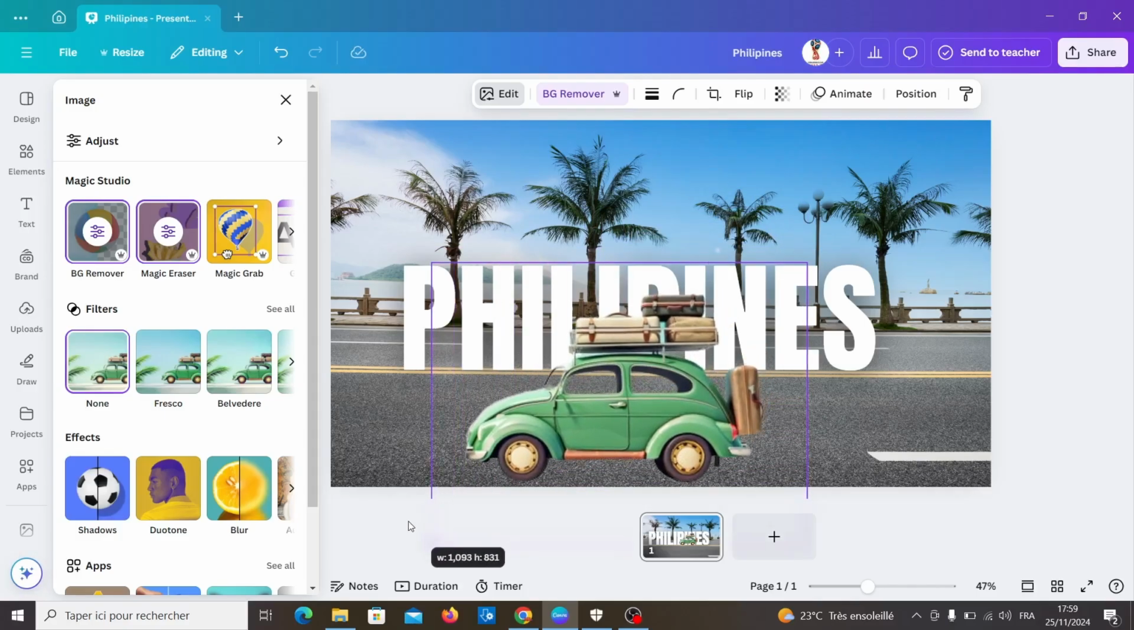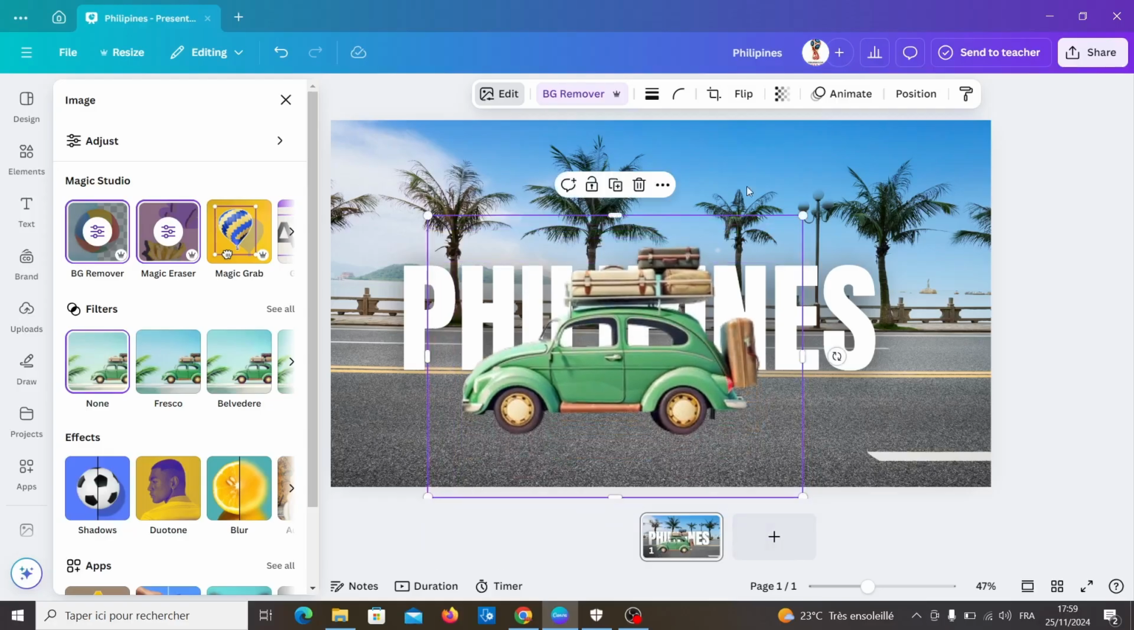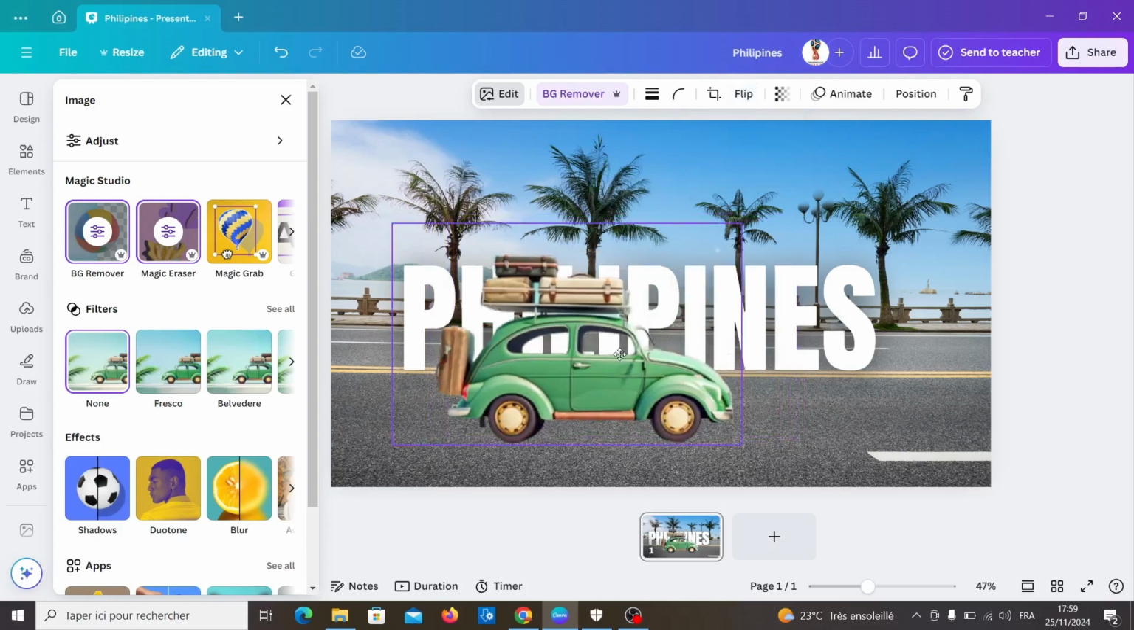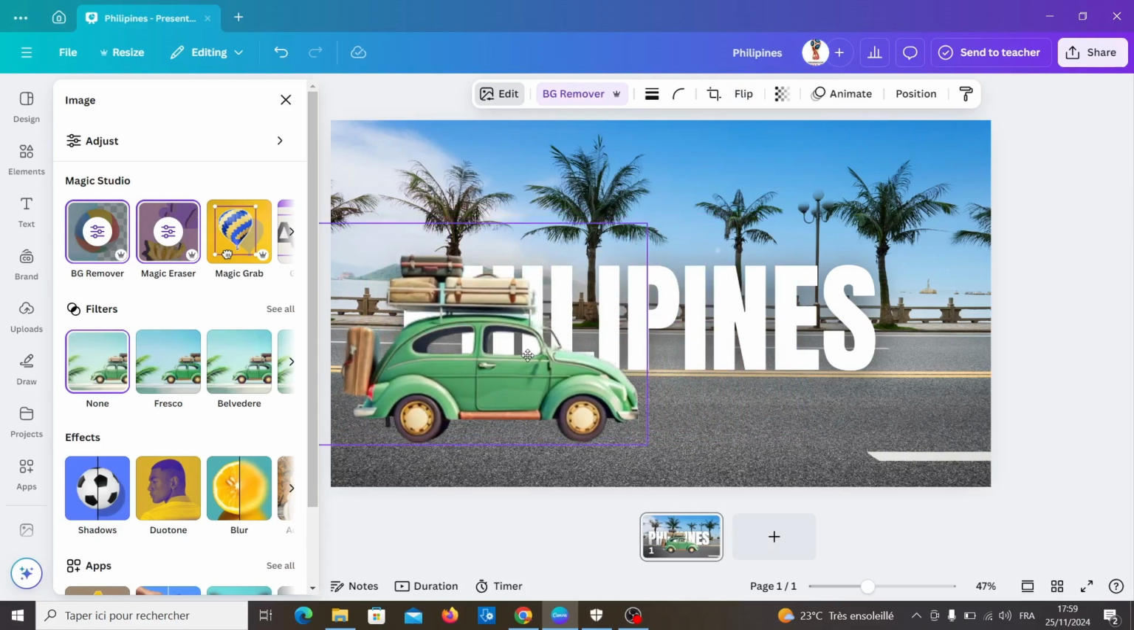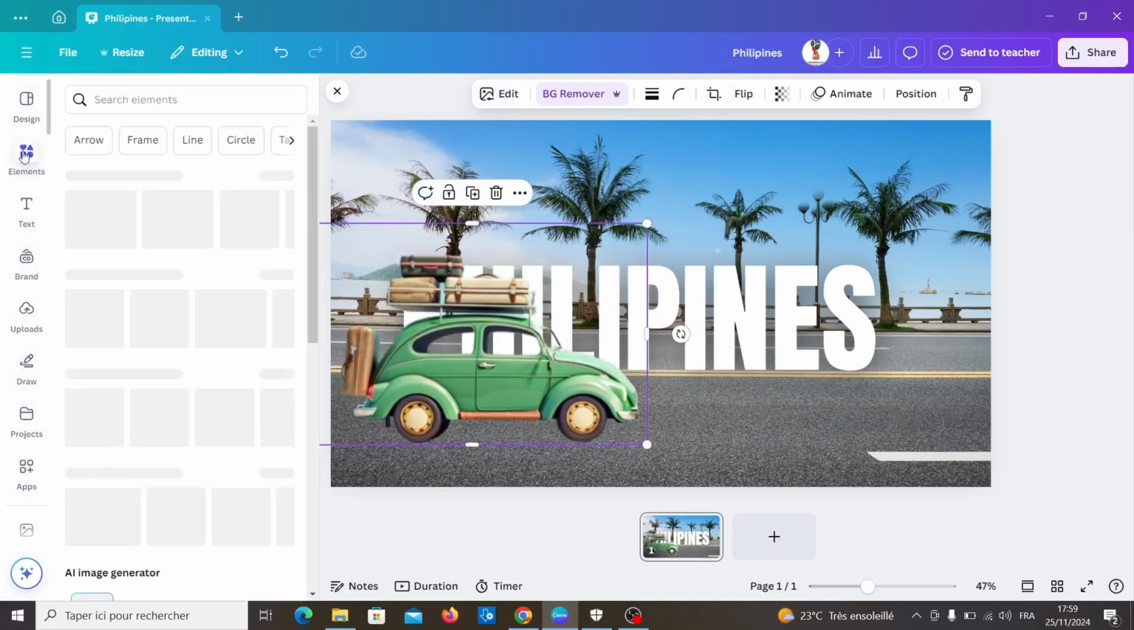Resize it. Select flip. It's good. And go to element